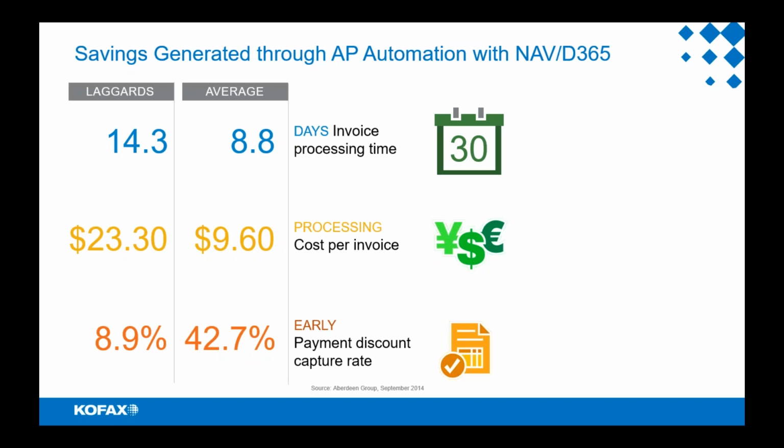Certainly, we know that the invoice processing time, the number of days, is something that we want to address. And if you look at today, the laggards, so to speak, which are really some of the worst cases, and I will tell you, David and I have seen a lot worse cases than this, sometimes as much as 20 or 30 days it'll take to get an invoice through an organization's AP department. That being said, the average today is about 8.8, okay, which isn't too bad, but it's not very good, because